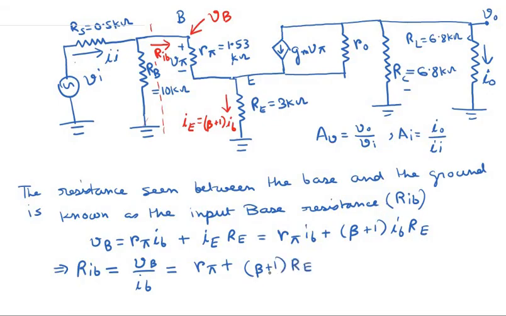Okay, note that because different magnitude of the current flows through the base and through the emitter, this factor beta plus 1 has actually come in here. This factor beta plus 1 has appeared here because different magnitude of current is actually flowing through the base and through the emitter. So because the magnitude of the emitter current is higher than the base by a factor beta plus 1, therefore this factor beta plus 1 comes into picture. Okay, and this is known as the resistance reflection rule.